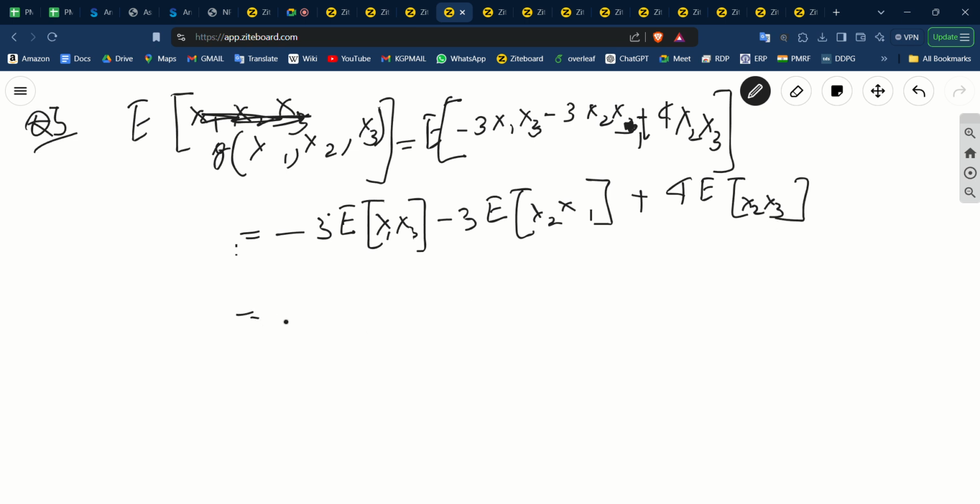Now, expectation operator is a very nice operator. It also distributes over products. So this will be